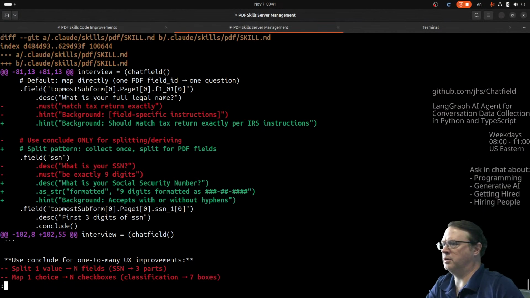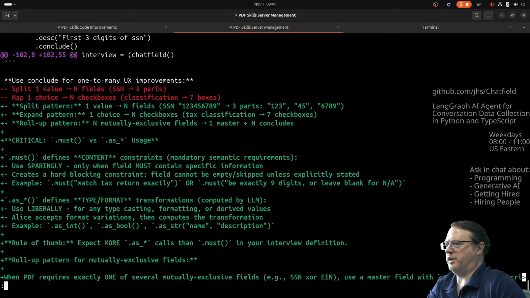Okay. Then what's changed? Use conclude only for splitting and deriving. Split pattern. Collect once, split for multiple. Right. What is your social? Right. Background. Accepts with or without hyphens. Yeah. And the final thing,